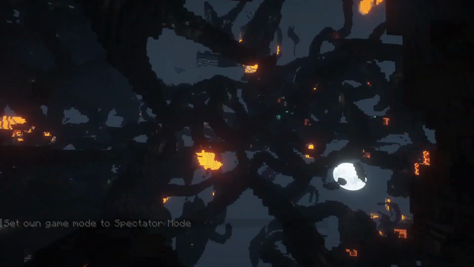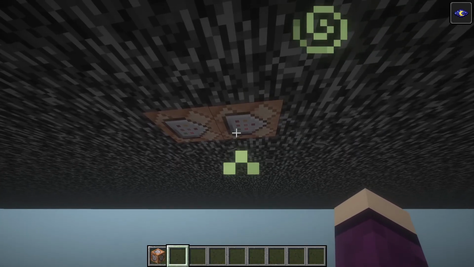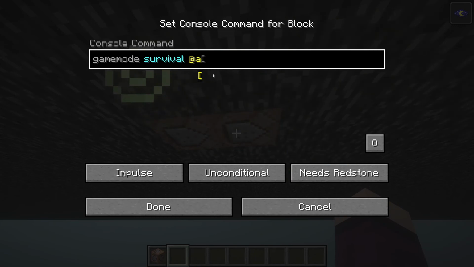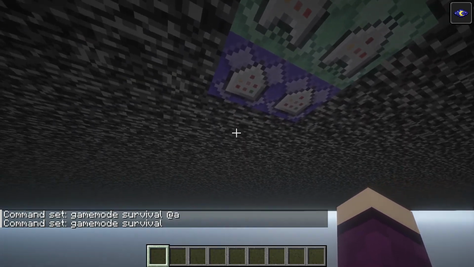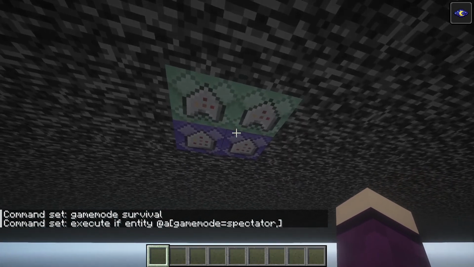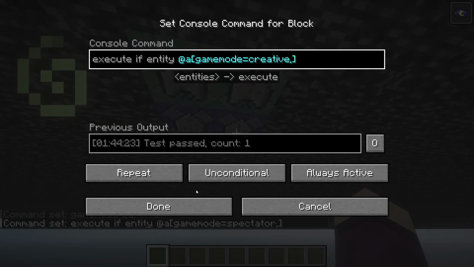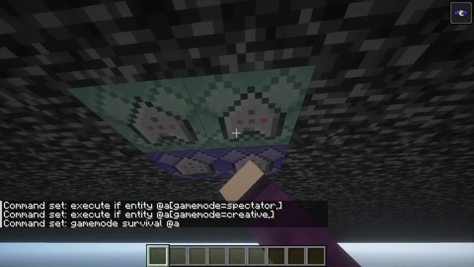The spawn chunk is always active, and we're going to go way down to the bottom, drink a little night vision potion, and put a couple command blocks here. Game mode survival at A, always active. Okay, so I've been messing around with these command blocks. This one keeps me out of spectator mode, and then this one keeps me out of creative mode. So now if I just put that at A, I should...